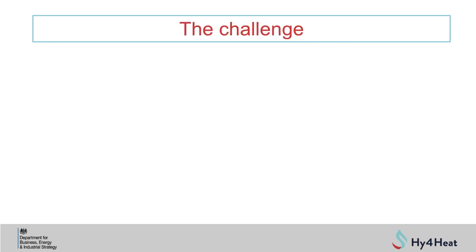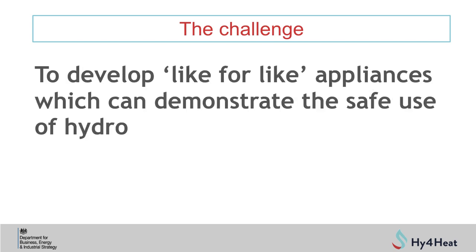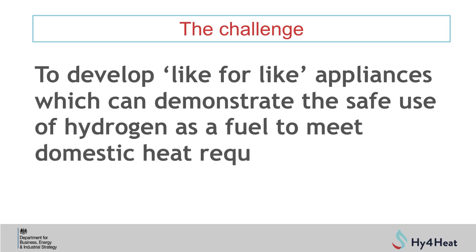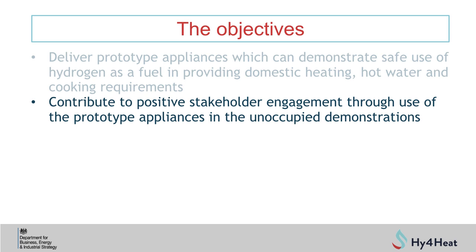The challenge posed for this SBRI competition is to develop like-for-like appliances which can demonstrate the safe use of hydrogen as a fuel to meet domestic heat requirements. And the objectives of the competition are to deliver prototype appliances which can demonstrate safe use of hydrogen as a fuel, providing domestic heating, hot water and cooking requirements, contribute to positive stakeholder engagement through use of the prototype appliances